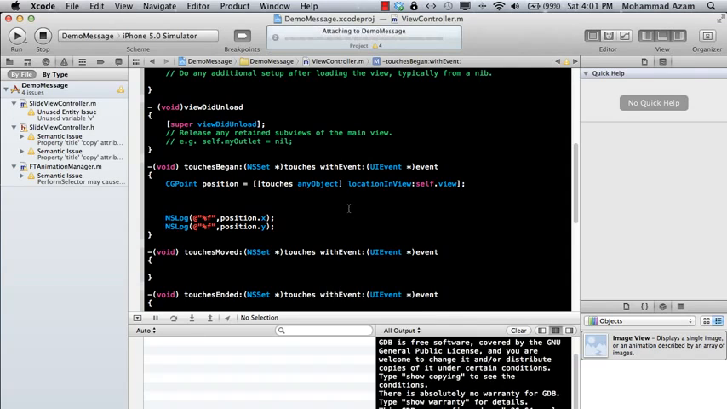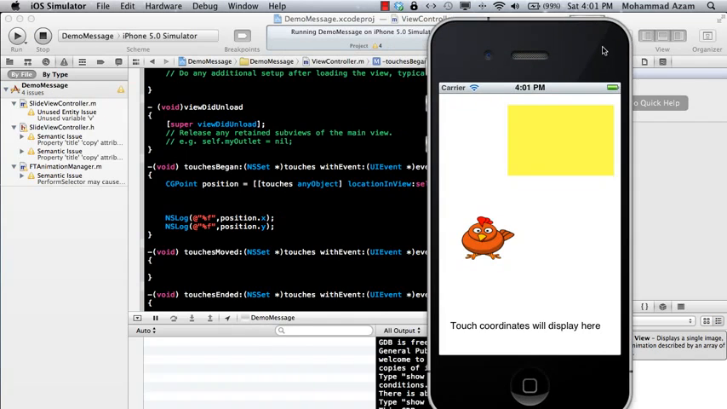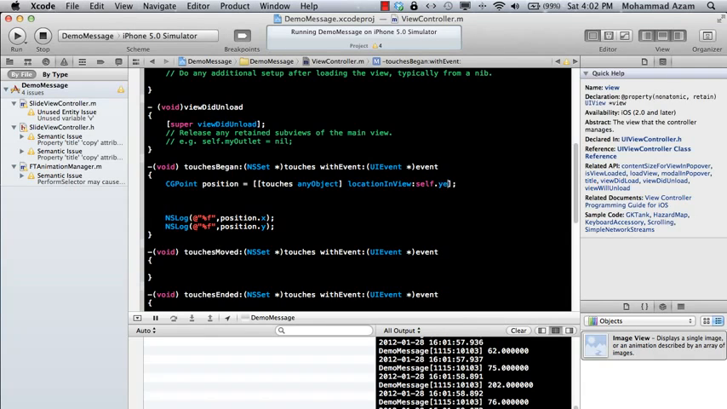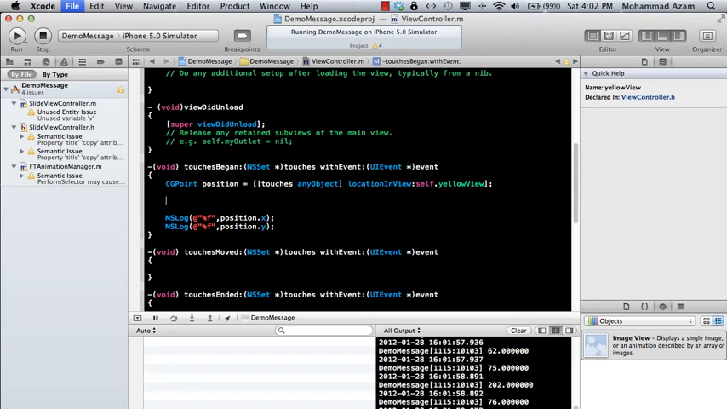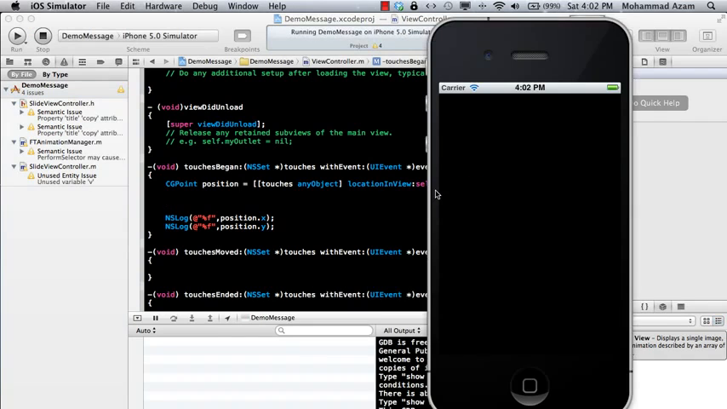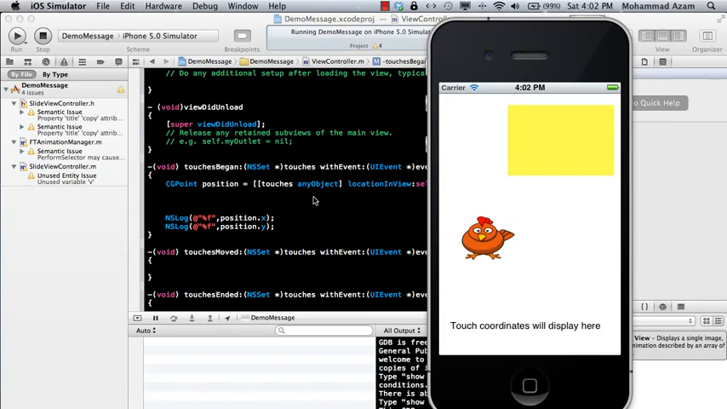So it will be fired no matter basically where you click. So if I click over here, it will be fired. But I can find out if there are some touch events associated with this particular rectangle, and it's pretty easy to find out. You can simply say the name of the view, and I think I call it yellow view, and let's run it again. So now you will have the touches